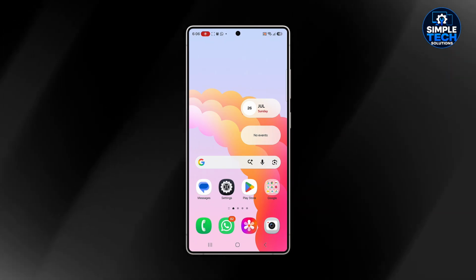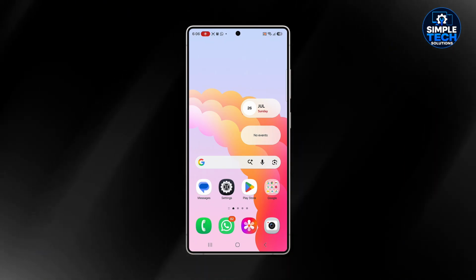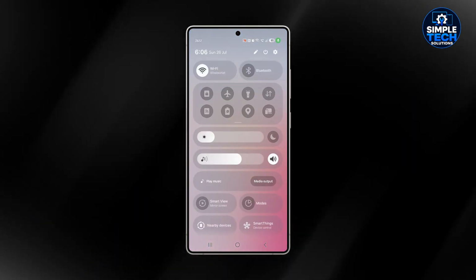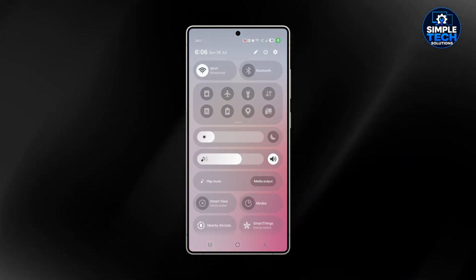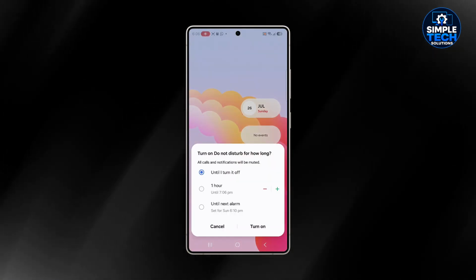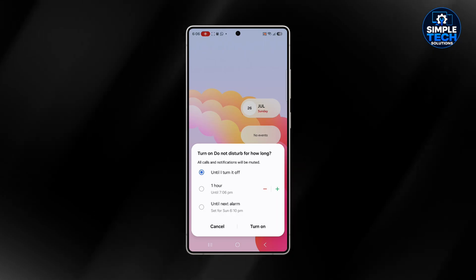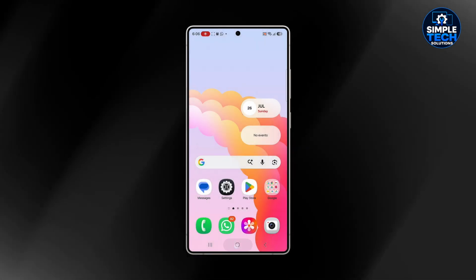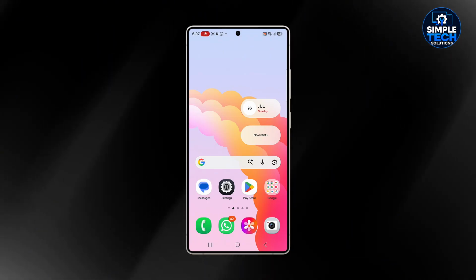If the problem still continues, you have to check the do not disturb mode. Just go to your settings panel. Check if you have do not disturb on. You have to turn it off. You have to check this. After that, what you're going to do